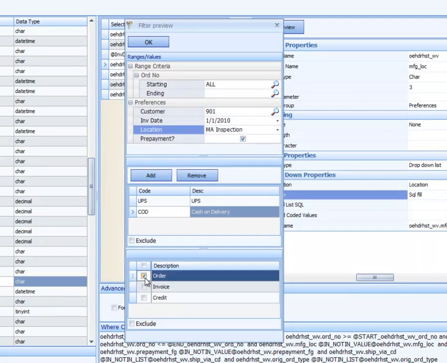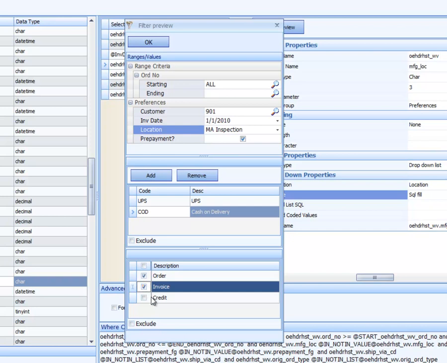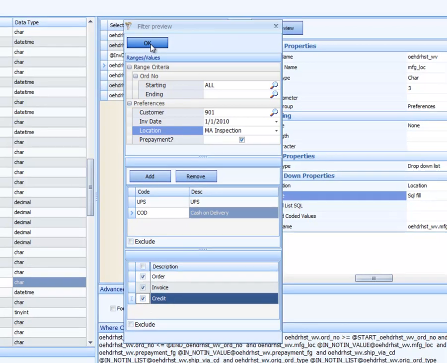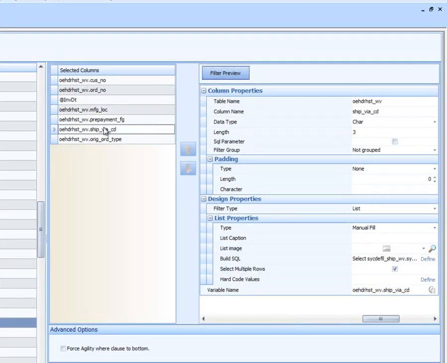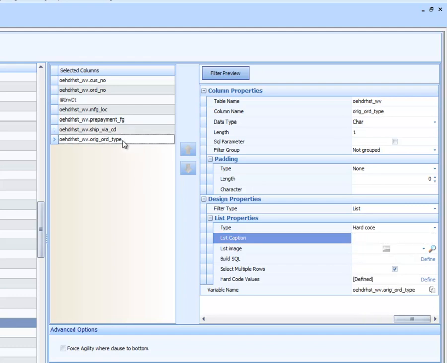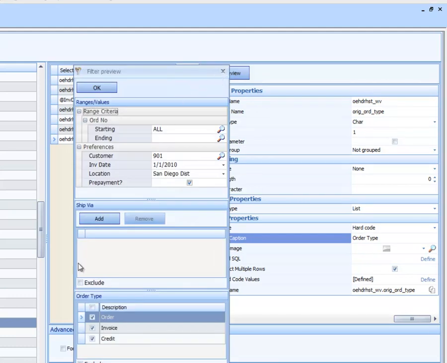And then here we have a checkbox. I noticed also I lost my descriptions. Let's put those back in on the ship via code, or I didn't put them in just to make this look nice. That's why I have the previews. And the order type. Now you see we have ship via and order type. So